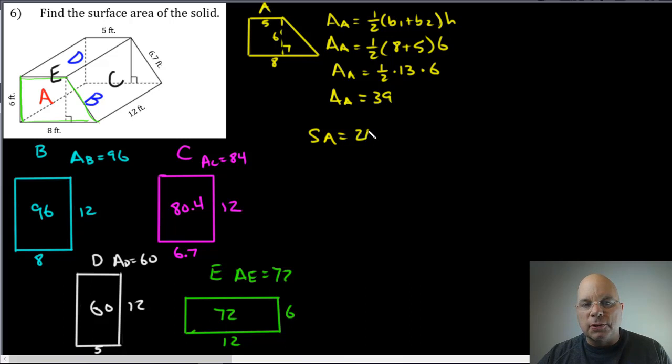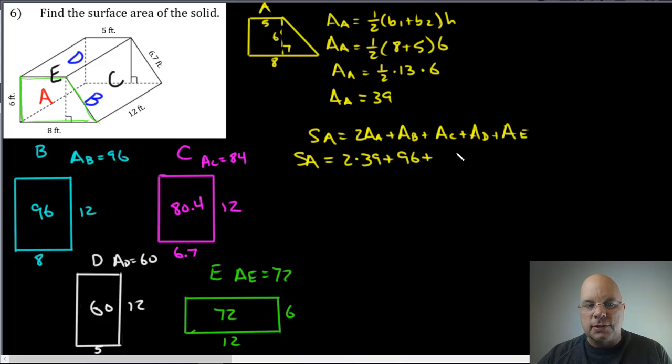So it's going to be 2 multiplied by the area of face A plus the area of face B plus the area of face C plus the area of D plus the area of E. So the total surface area of the trapezoidal prism will be 2 multiplied by 39 plus 96 plus 84